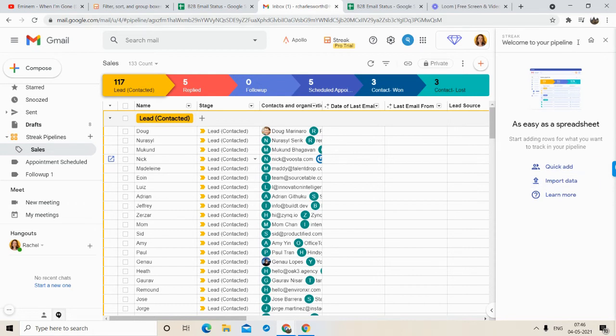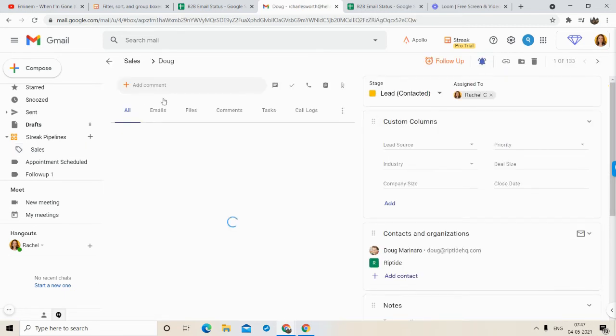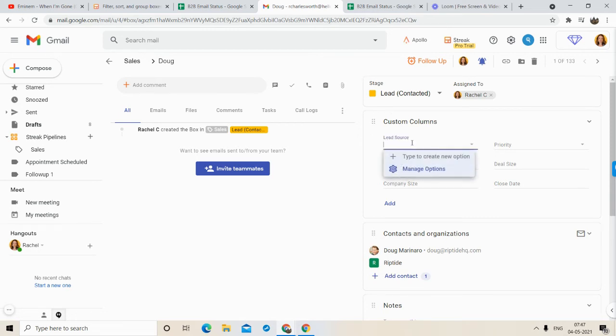So now what are the other features available? What are these boxes? These are the boxes basically. These are rows, and these are the boxes: one box, two box, three box. Each lead will have multiple fields also, right? So I'll have to click here. Once I click over here, you can see this is the more advanced CRM, where you can manage more details of each individual contact, right? And custom columns, again, we did not source anything. We did not have any of this data in our Excel sheet, so these are not showing here.